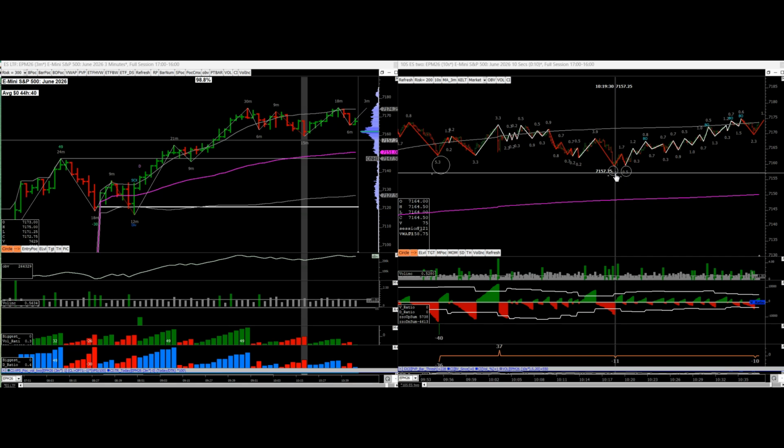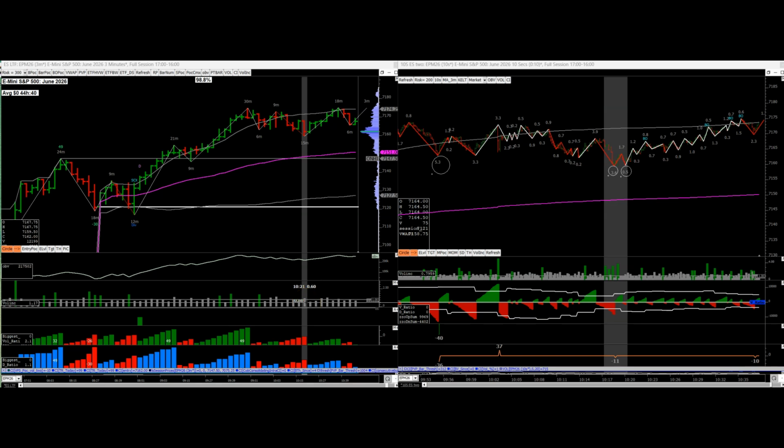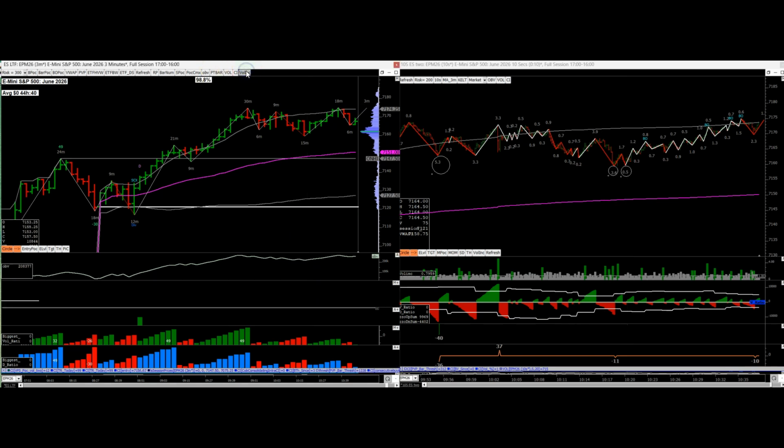You need the stopping action. And you need it retested. So we have it here, right? And we see on that bar, the volume increased by 17%. Right, so what I do,